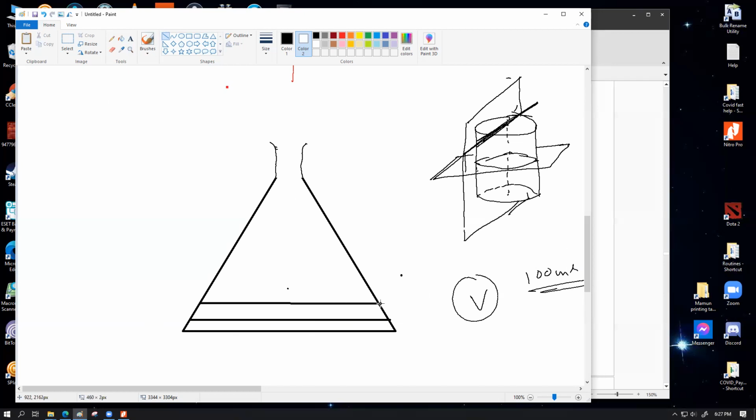The reason being is that here we have a much bigger cross-sectional area, so the liquid could actually spread out more. So it gave less height rise. If we add another 100 milliliters, it's going to have an even bigger height rise. So the further you go up, the same volume of liquid is going to give you an even bigger height rise. So if you're working with a small amount of liquid and you put it into a conical flask, it is not going to give you a significant height rise, because the liquid is going to be pretty much spread out at the base of the conical flask,